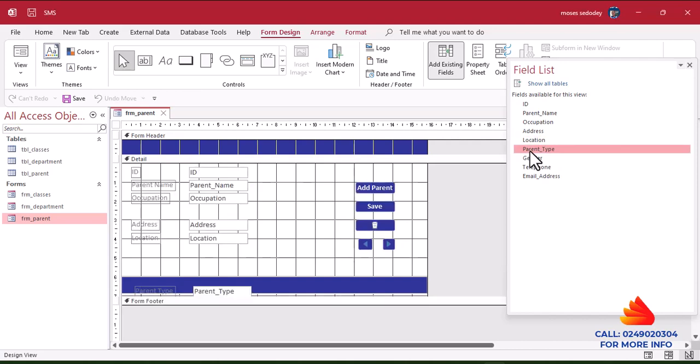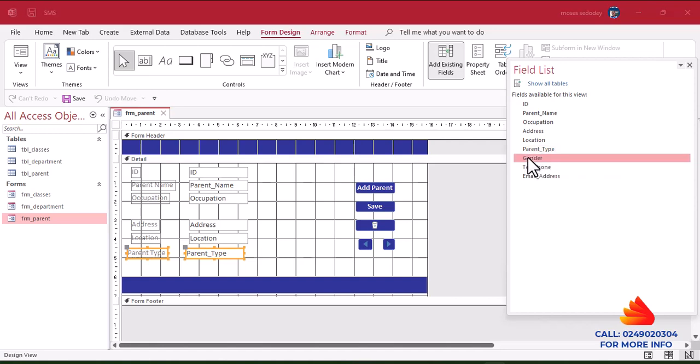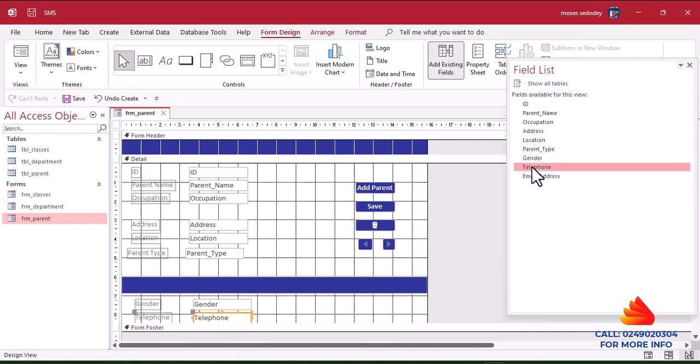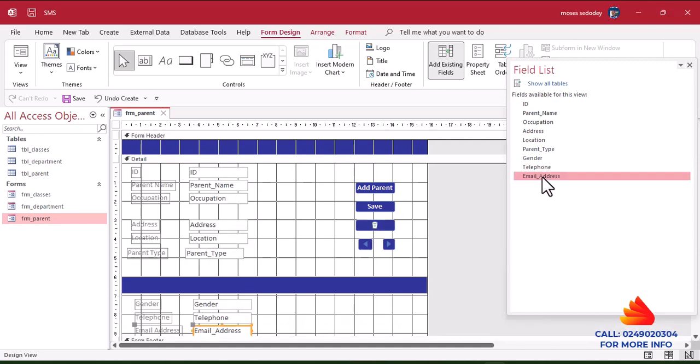You click on gender type. It will be going down, so that's the situation I want to avoid. So that's what I'm doing like this. So go to gender 2. Let's leave it at that. Telephone number, email. Okay. So now let's arrange